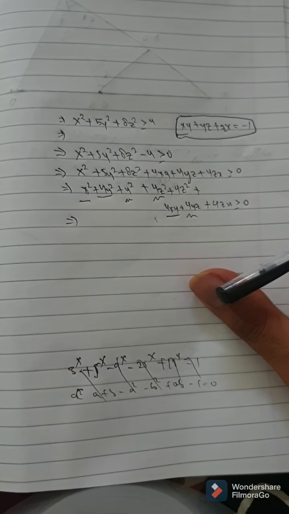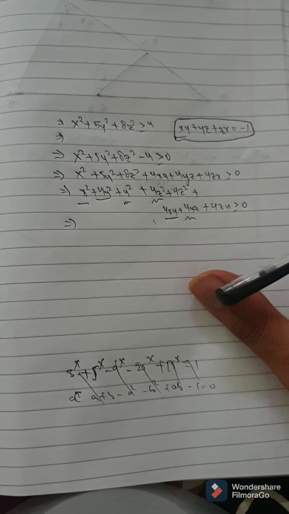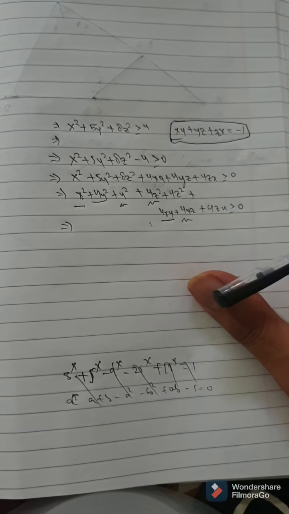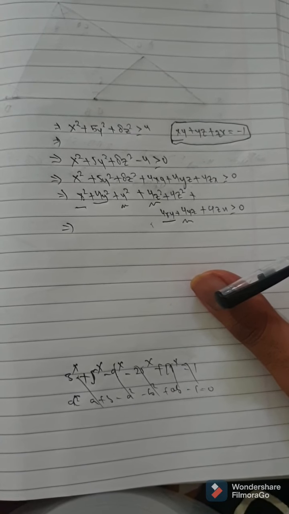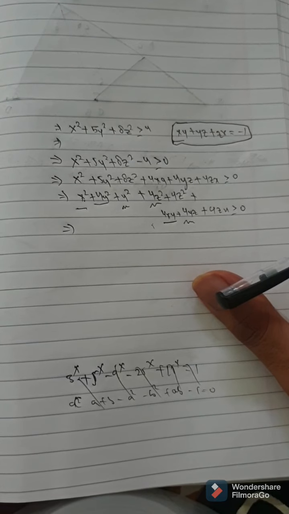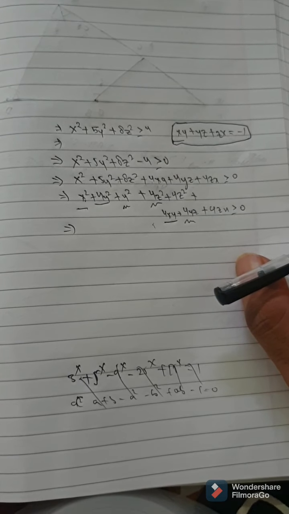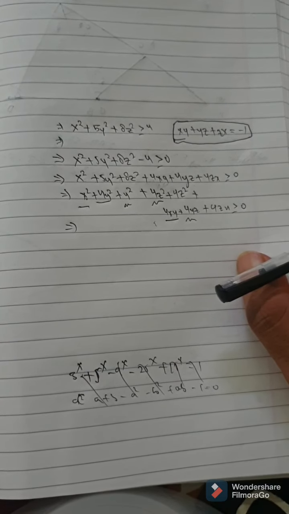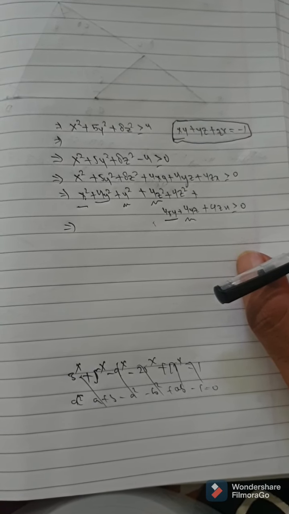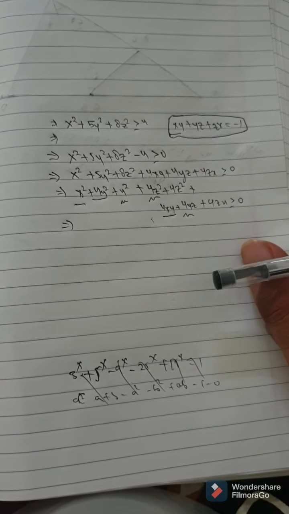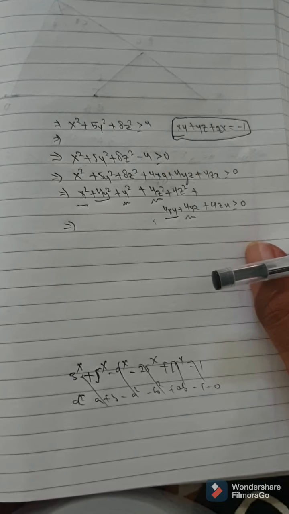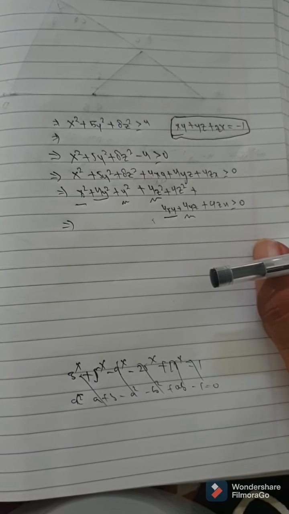So now we need to think of a different approach. If we are thinking about binomial squares, meaning x plus y whole square or y plus z whole square, this won't work. So we need to think about a trinomial square, something like x plus y plus z whole square. Many times we need to think about such trinomial squares. How could a trinomial square fit in here?